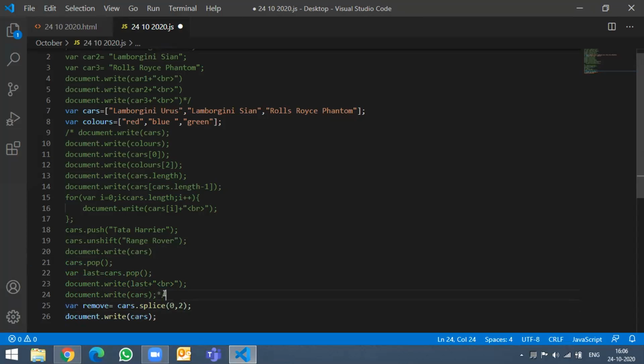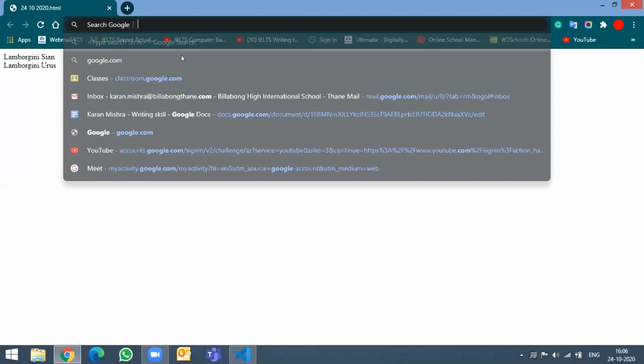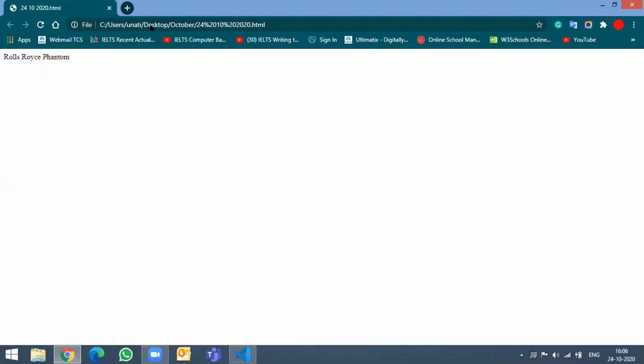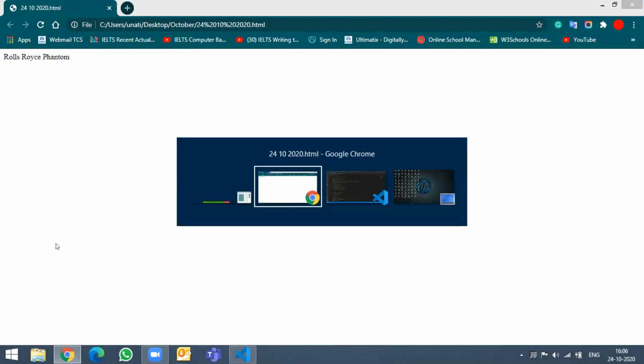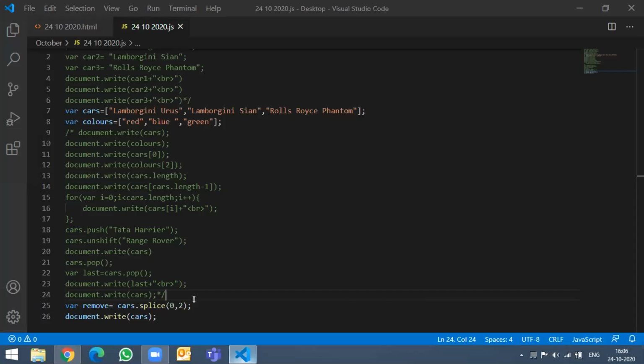Now just run your code again. Yeah, it changed. Let's see what has changed. It has removed 2 elements, only the third is left, because it says start from 0 and remove the first and second element.